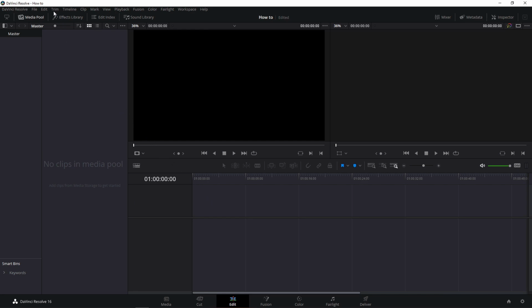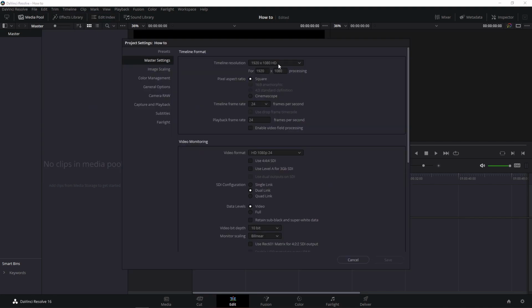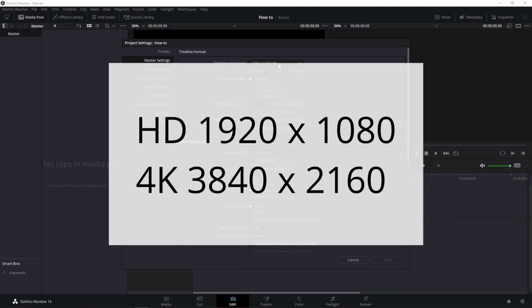Before starting editing, you must first set your project settings. You can do this by clicking File and then Project Settings. The two settings you may need to change are timeline resolution and timeline frame rate. For a standard YouTube display, you need to use Full HD, which is 1920 by 1080, or 4K, which is 3840 by